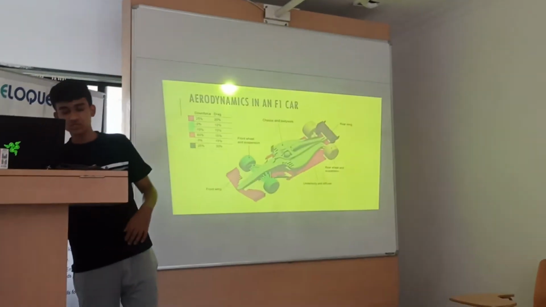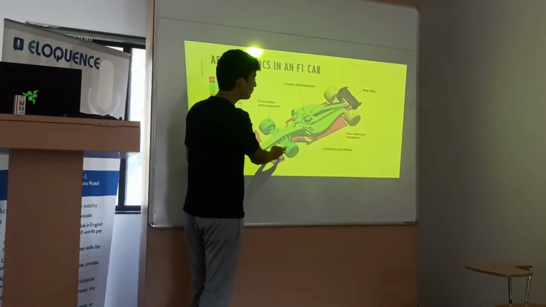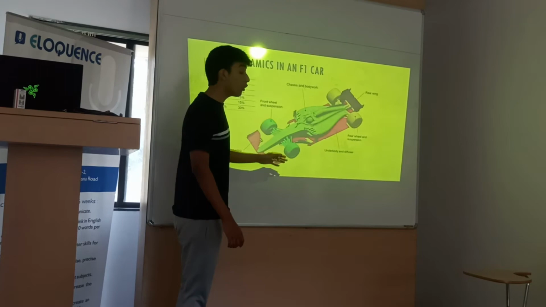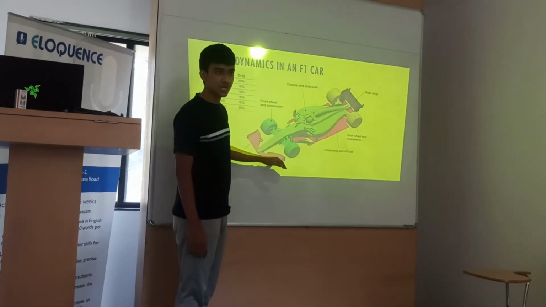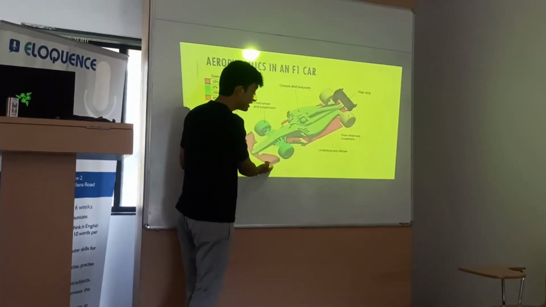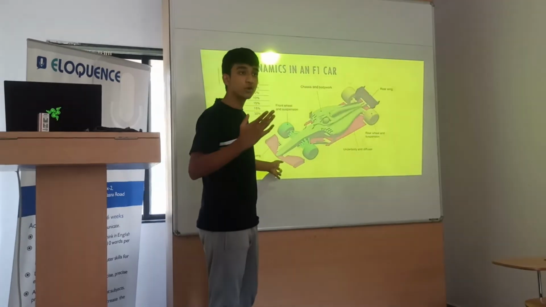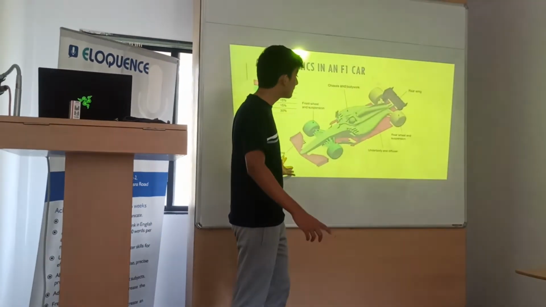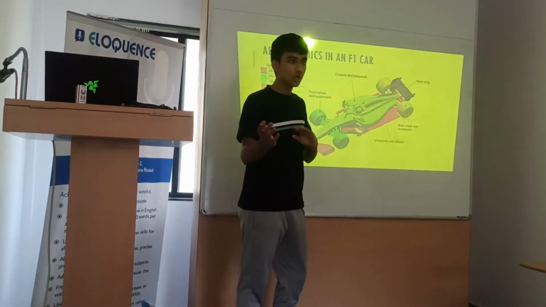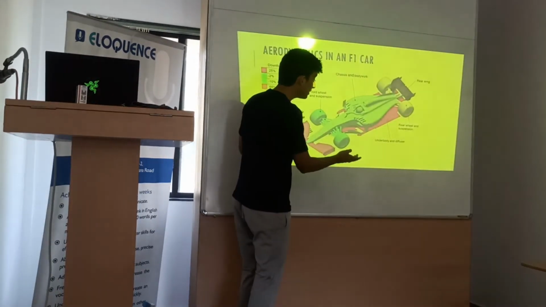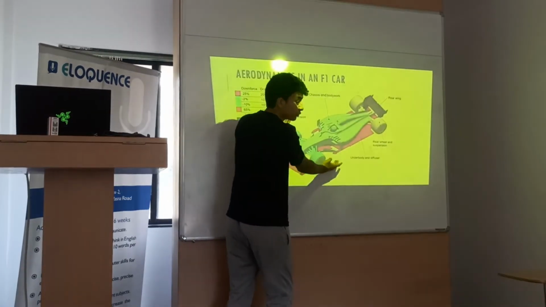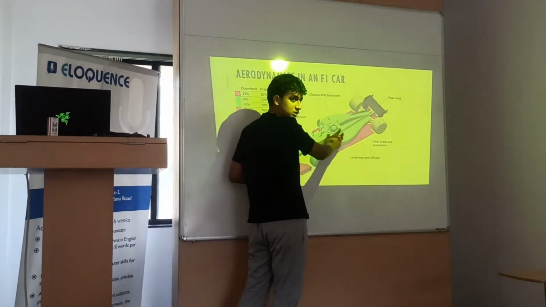So in this picture right here, as I had explained, the front wing and the rear wing have something called end plates. The main objective of these end plates, when the air flows through them, is to stop the generation of out of control turbulent vortices. If they become out of control to a very great extent, they will completely hinder the car, and it will spin out. We don't want that turbulent air flowing through the aerodynamic parts of the car. We want it to go outwards, to not hinder the car when the straight air flows through it.